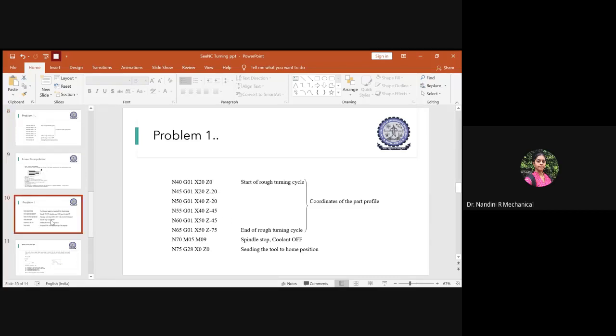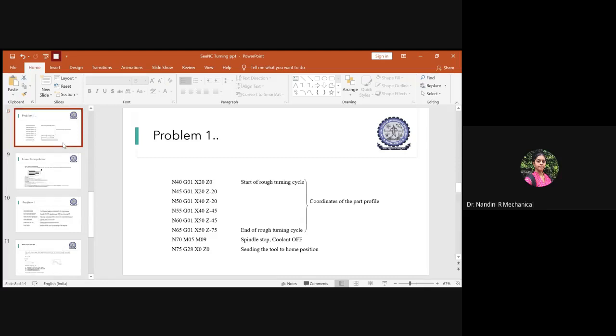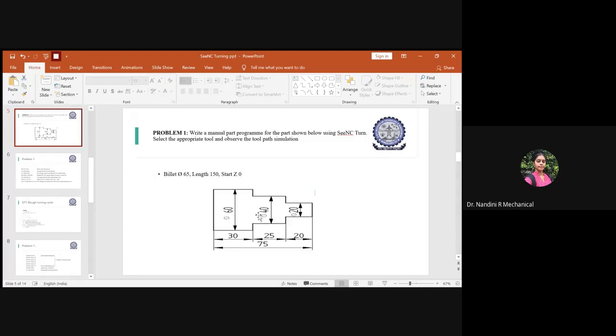And hence you will type the same values here. So P40 and Q65. And the feed rate, what you will be giving is 0.02 mm per revolution. So once you give this, the rough cycle operation, what you have done, in the rough surface finishing, you will get this image almost, but it will not be very clear and accurate and proper finishing. So it will have some rough, abrupt look for the part what you have done.